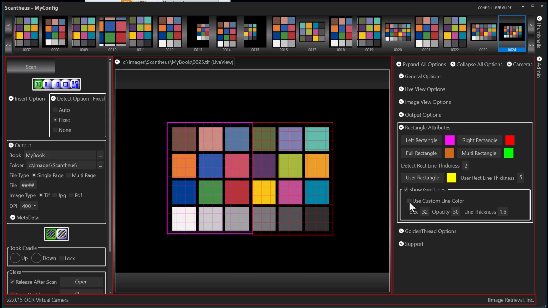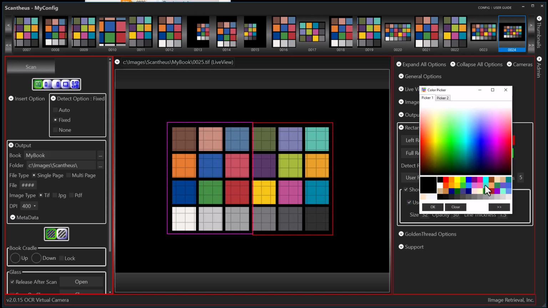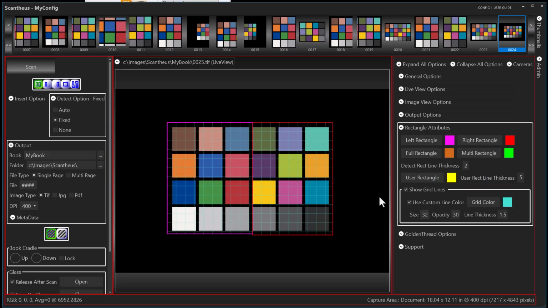but you can also do a custom line color. There it makes it black. And again, all of these, you can click the button or the color and customize that color. It kind of creates a semi-transparent line, but you can also customize the transparency